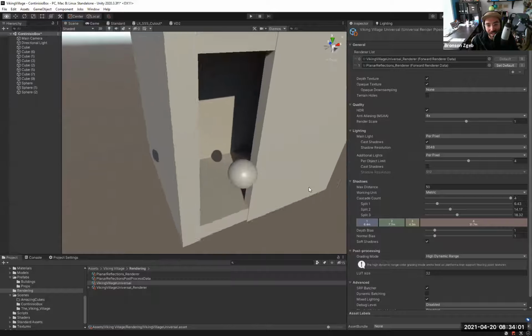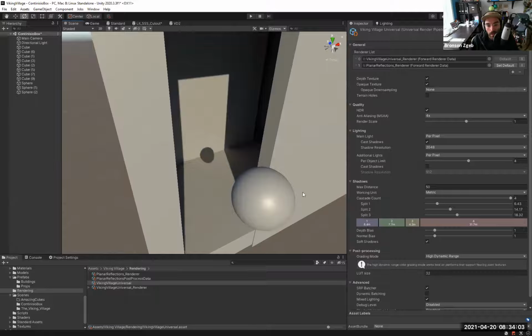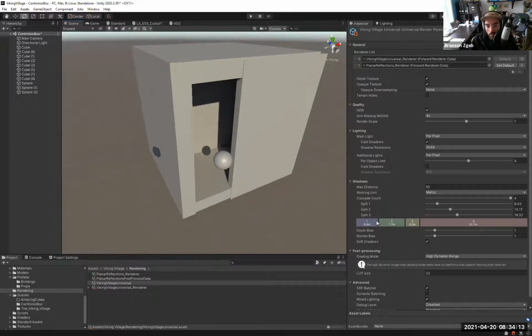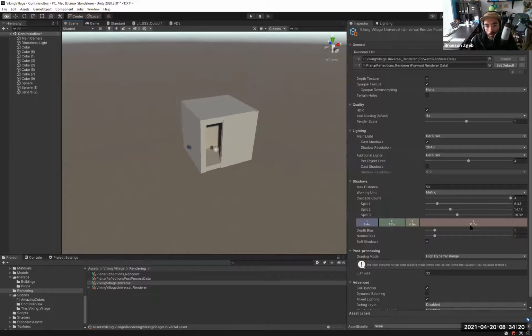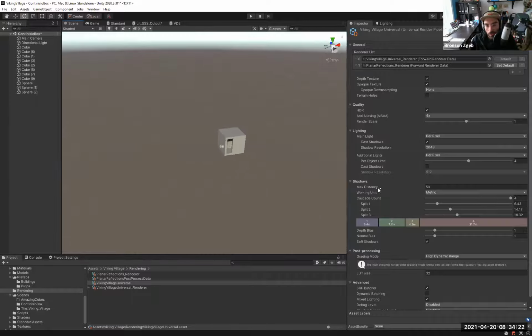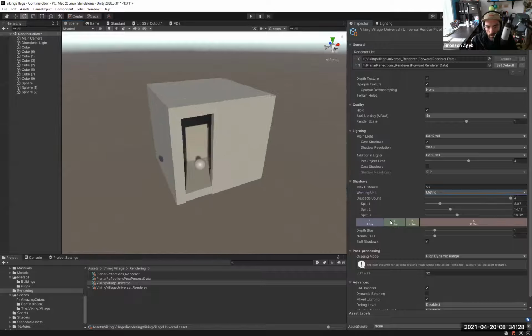So basically your highest quality shadows are going to be from 0 to 6.4 meters away from the object. In Unity, a meter is a unit, so 6.4 units. And then as you move past that, you get to 7.7 and so on, until you get as far back as number 4. And then finally, when you hit 50 units away, it's going to go to the baked lighting. You can play with these.